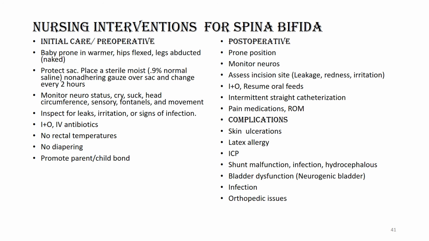Their neural status must be measured frequently, and it includes checking on their cry, their suck, their head circumference, sensory, fontanelles, and movement. You inspect the sac for leaks, irritations, or signs of infection. They'll be on IV antibiotics. No rectal temperatures because of the rectal prolapse. No diapering. We don't want anything over that sac or anything that would cause stool to get near that sac